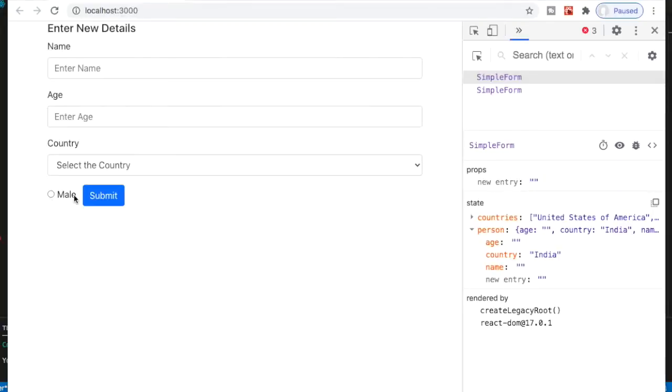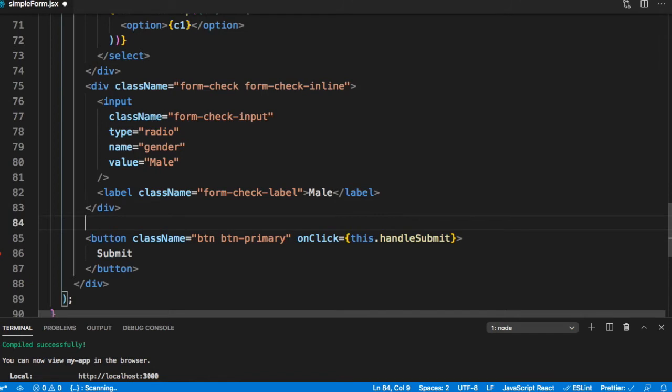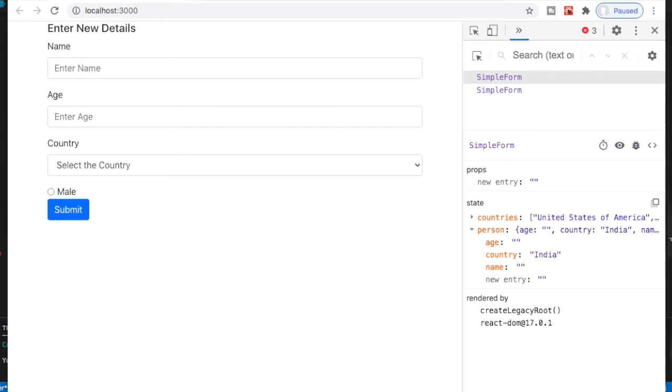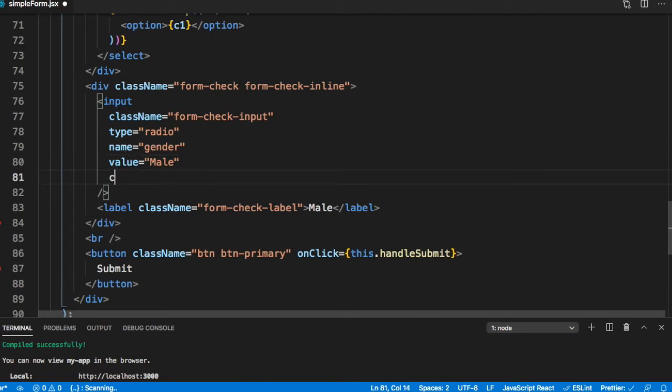What we have done is added in the JSX the HTML for a radio for male so far. Let's go ahead and check it. So here we get male. The first thing I want is that this should come to the next line, so we can just put a BR here, and we are getting the male. Now what other fields do we want to integrate? We have given the value, the type, the name. We want the checked.